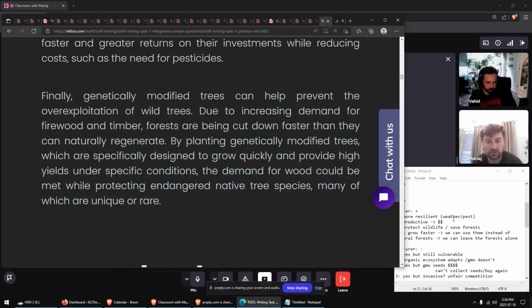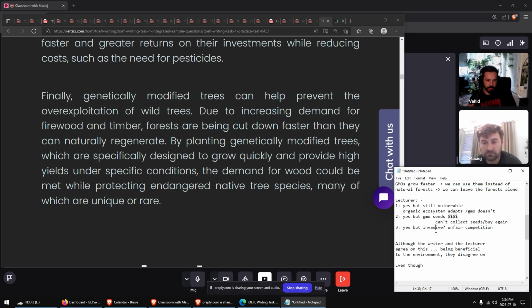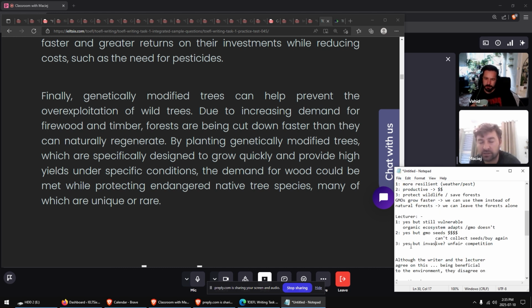But you can say the writer believes that by using GMOs, because they grow faster and they produce more, we are more inclined to rely on them instead of using the natural forest and the naturally growing trees in rainforest. That means we do not have to deforest this area or whatever it is. So that's why it protects wildlife, because it gives us a better alternative that we can use instead of the natural trees. Other side? But the lecturer disagrees with this statement because he says that GMOs are starting unfair